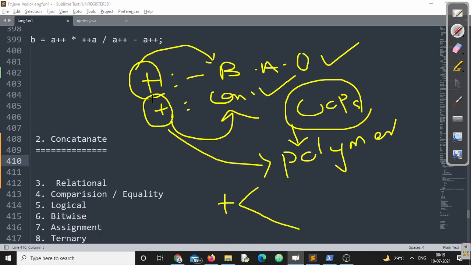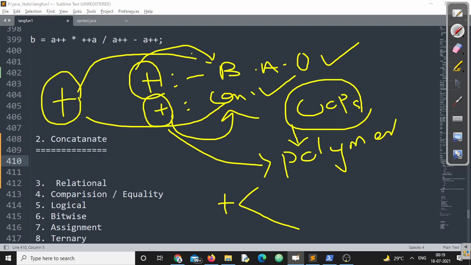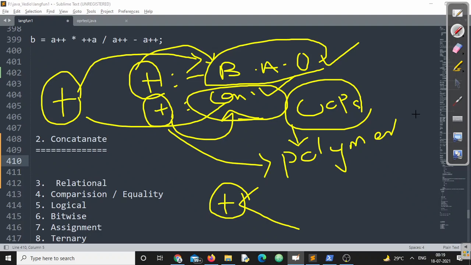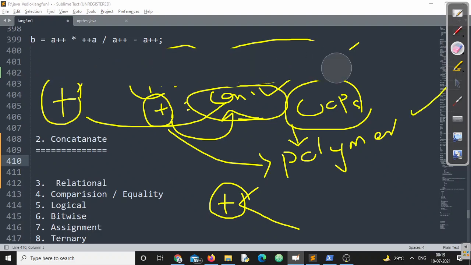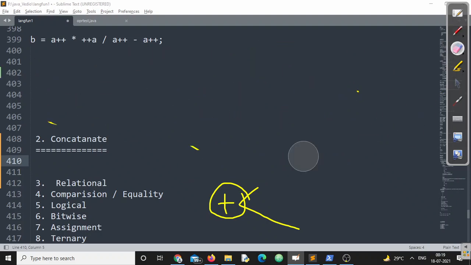Now you can see the process is the same, the symbol is the same, plus, but it will operate in two different ways. At some places it will be called a binary addition operator, at some places a concatenation operator. So this is one classic example of polymorphism in Java, right? Okay, let's move ahead.